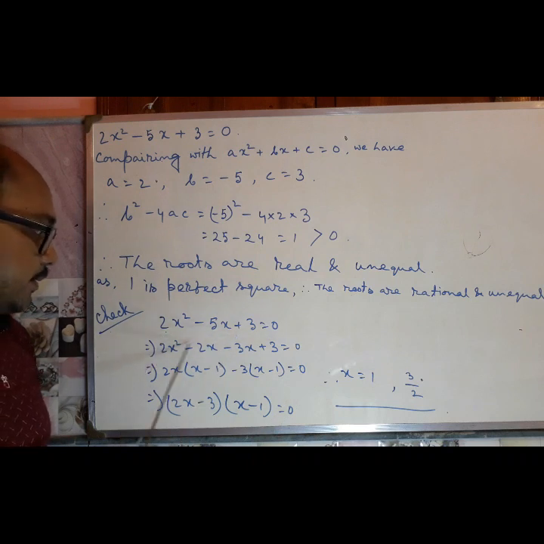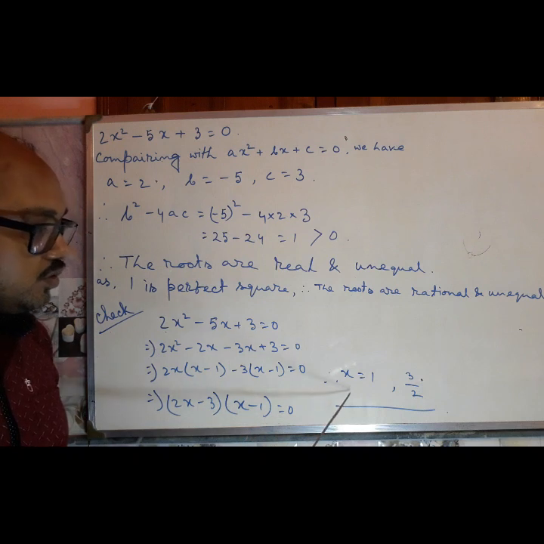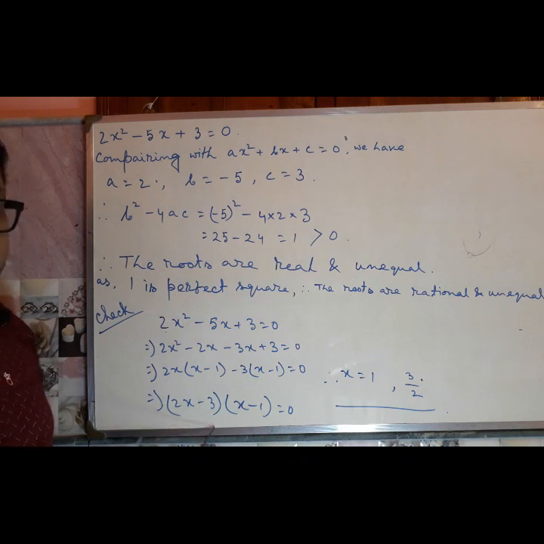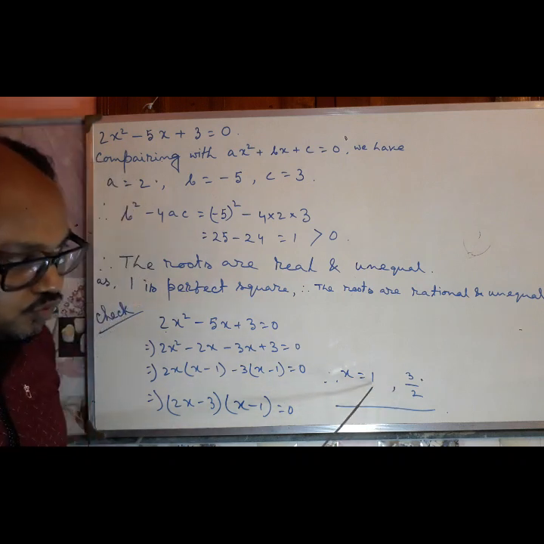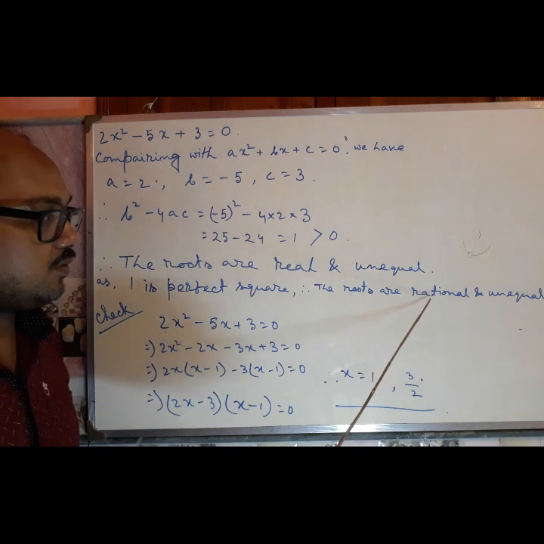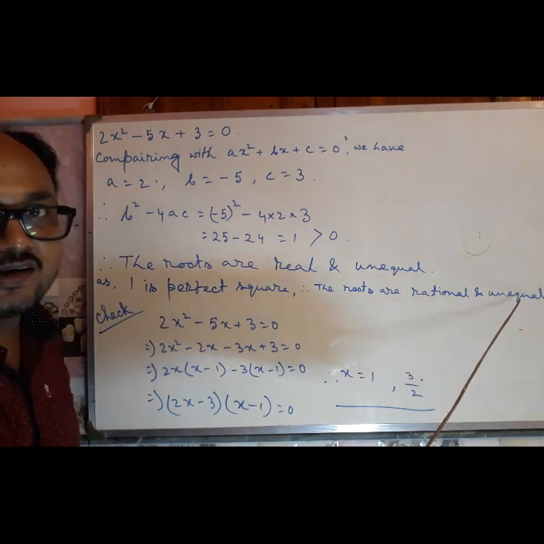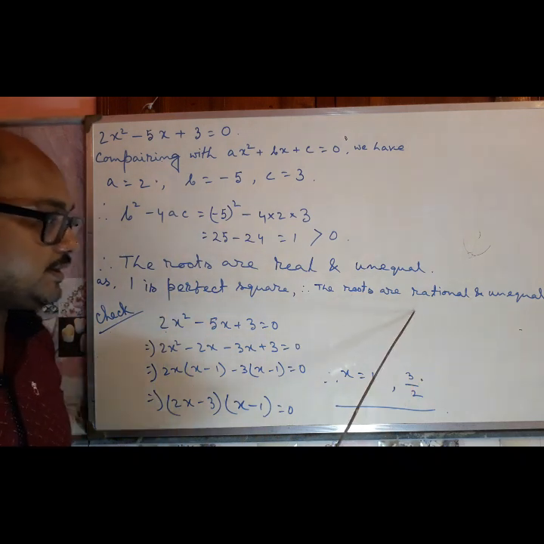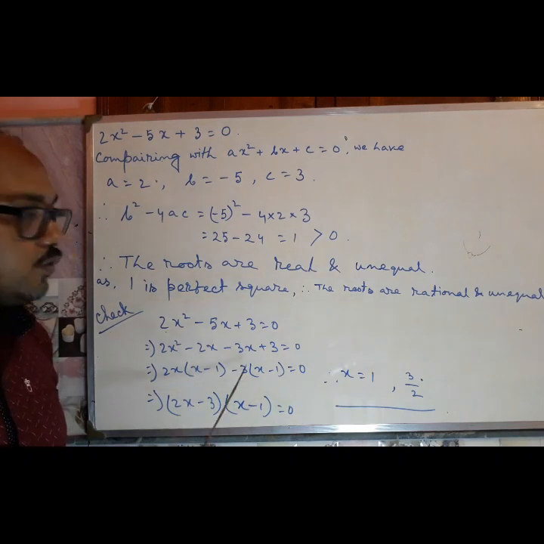So this is the given equation. By factorizing we will get 2x minus 3 into x minus 1 is equal to 0. That is, x minus 1 is equal to 0, that means we get x is equal to 1. And if 2x minus 3 is equal to 0, we get x is equal to 3 by 2. So this 1 and 3 by 2, these are the two roots. Both these roots are rational numbers. That's why we already wrote that the roots are rational and unequal. That means what we got by the discriminant is verified by this calculation.